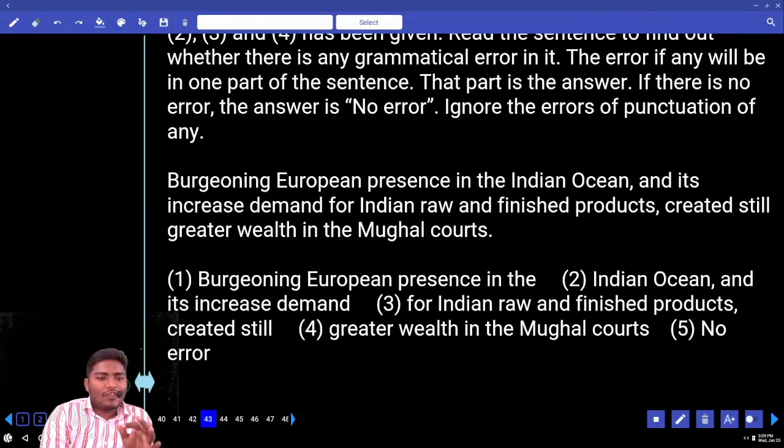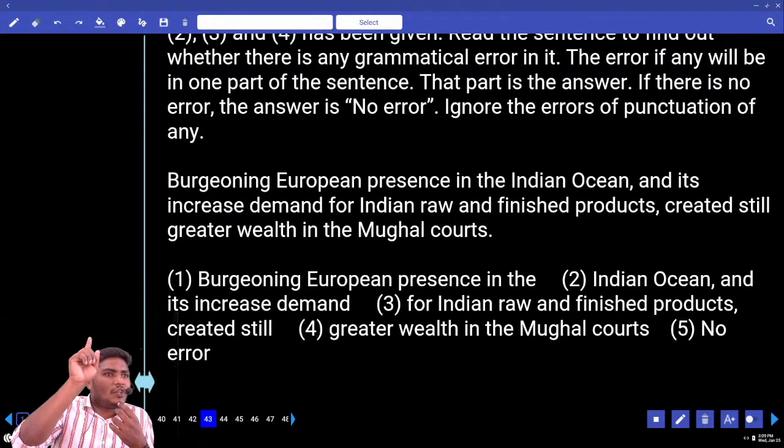Yes. Now I gave you the meaning of this word burgeoning. What is that? Growing, increasing. Do you remember it or not? Those who don't remember the explanation from the day before, you are just simply coming for the namesake.